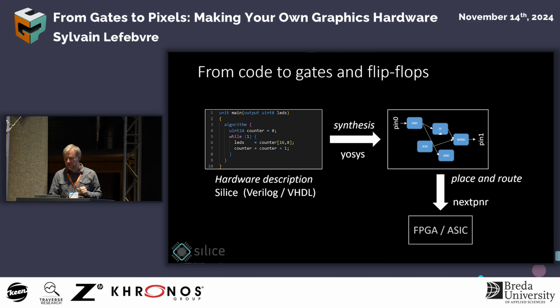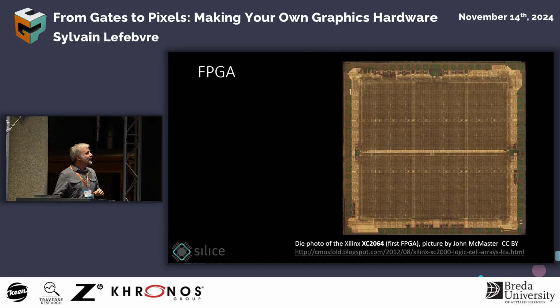All right, so let's have a deeper look at how this works and understand first for FPGAs. I really like this die picture of the very first FPGA. This was in 1985. And when you look at this die picture, it looks like a bad texture, right? Because you see a lot of repetition. And that's because, indeed, an FPGA is a grid of repeating elements. And if we look at these repeating elements,